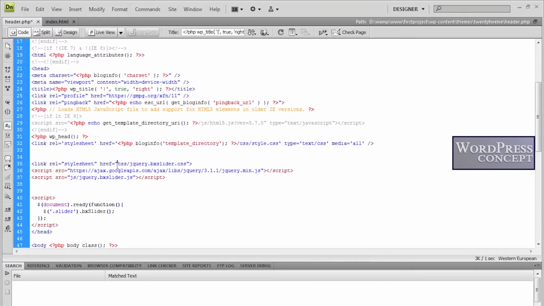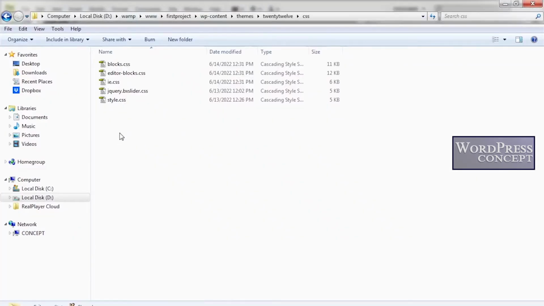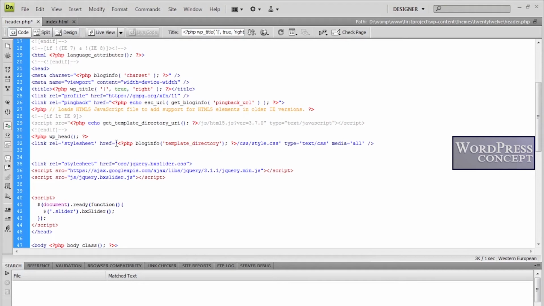For example, this is the other CSS file that is part of my HTML. Now let me see if it is in this folder or not. This is also in the CSS folder, this file. Now what I will do is I'll copy this blog info template directory from here and paste it here as well. Now it says come to the theme folder, and within the theme folder in the CSS folder we have my